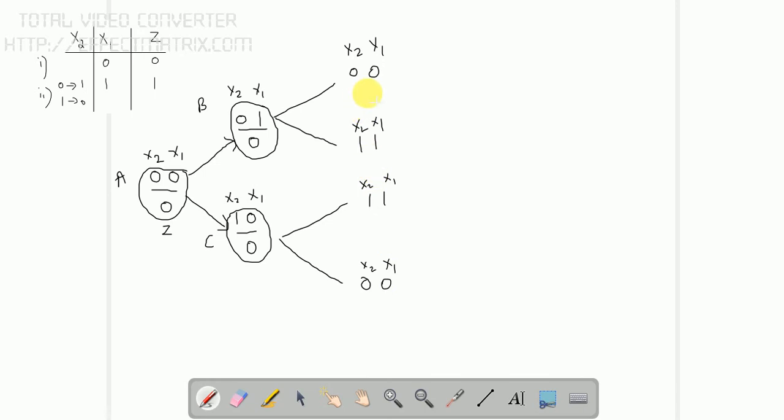Coming to the output of this state, x2 is 0, x2 here also we have 0. If my x1 is 1 and also if I have x1 here 1, I can write it as 1. But here there is a transition in x1 from 1 to 0. Unless my x1 is 0, z will be 0. If x1 is 1, z will also be equal to 1 under these two conditions. But we don't have any conditions satisfied here. So automatically my output will be 0.